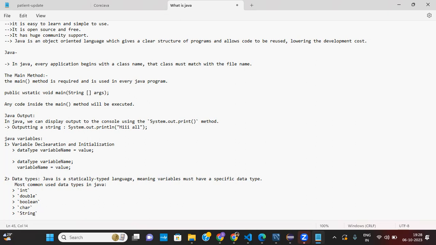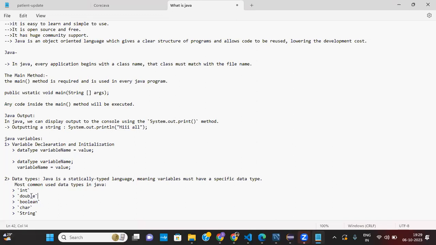So basically, int is an integer. You already know, right? It stores a whole number. And double, what will double do? This data type is a floating point number, right? It is used for decimal numbers.